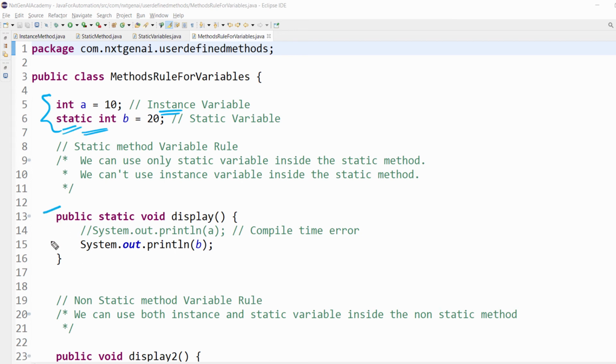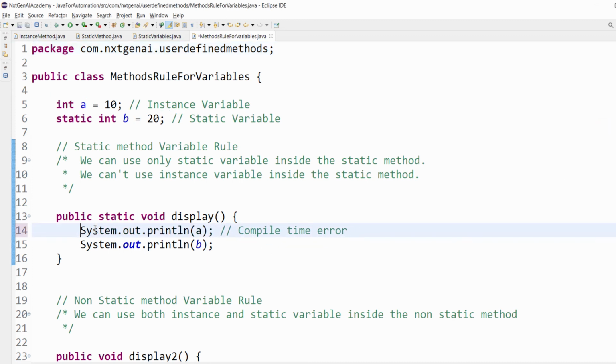Now, when you create a static method, inside that you can use only the static variable. When you try to access the instance variable a, you will get a compile time error. If I uncomment this code, you can see an error.